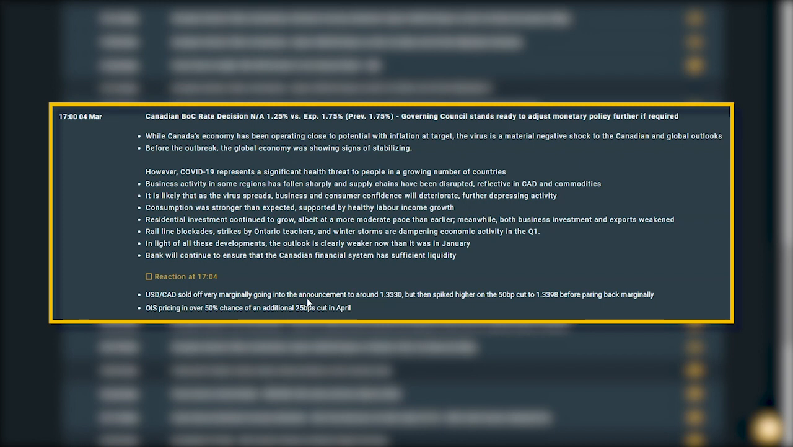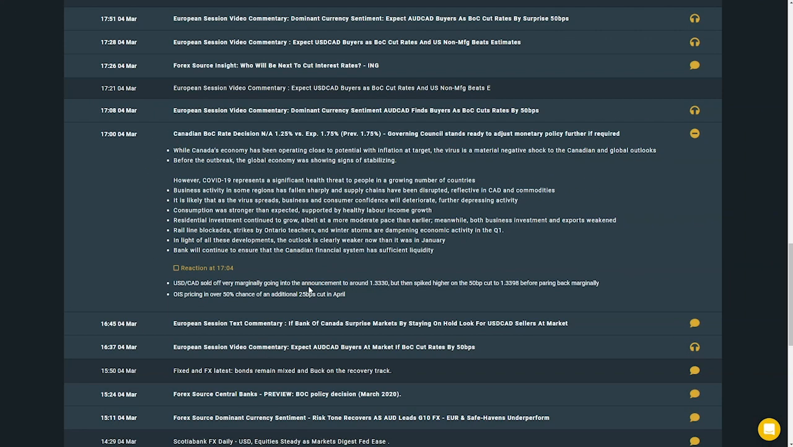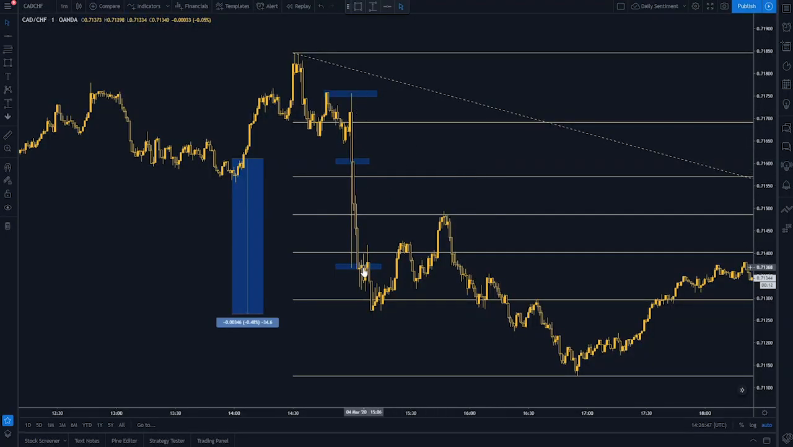But we also saw that the bank gave clear indication that they were willing to cut rates even further if the economy requires it. So based on the baseline info provided in the analysis and commentary ahead of time, we knew that a CAD-Swiss short was going to be a high conviction trading opportunity with the outcome of the meeting. Now, if we jump to the charts, we can see that we had that initial spike to the downside